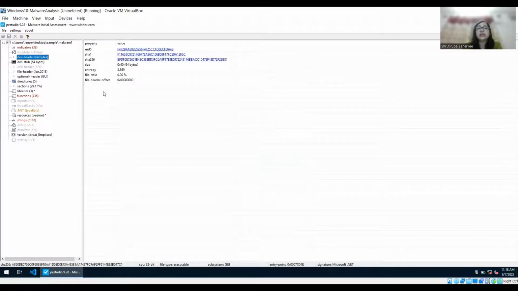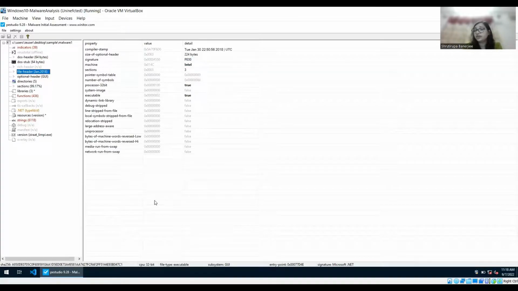So you can see, I'm not going to explain this. The DOS header's entropy is this. So maybe that is why we were able to read some of the things. DOS stuff, if necessary, let me know. I will be explaining the PE structure because we take a lot of time understanding